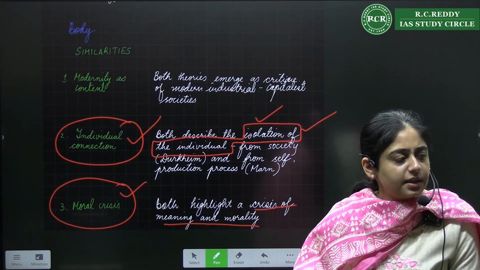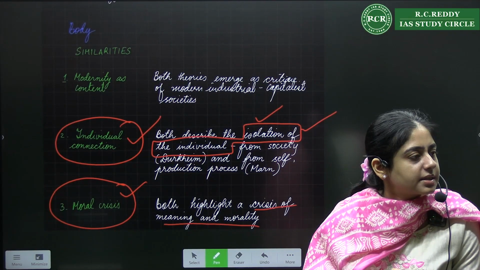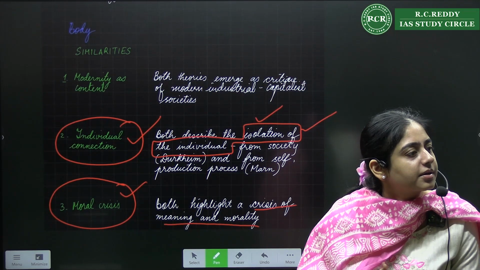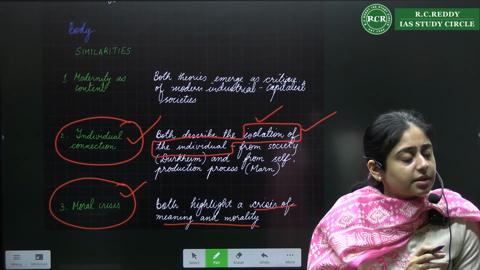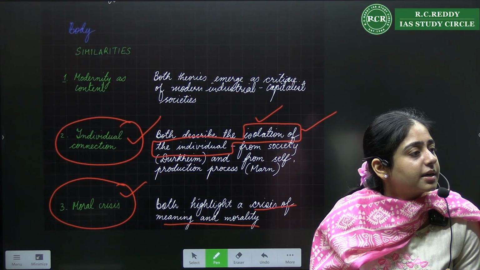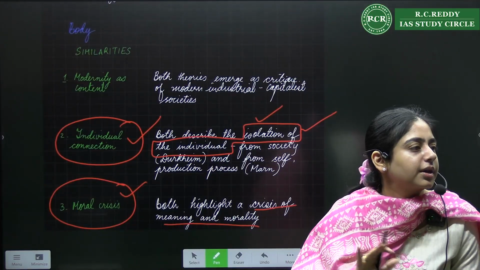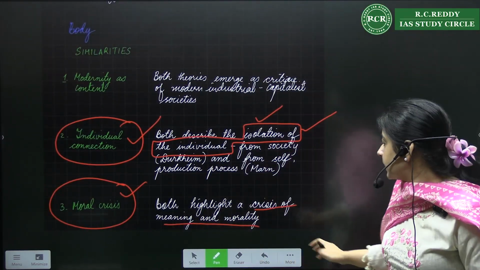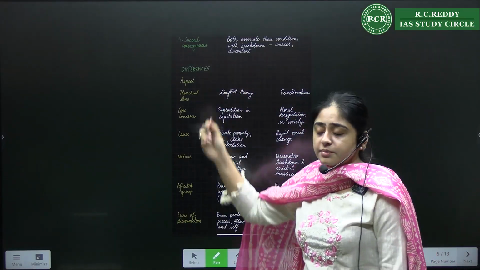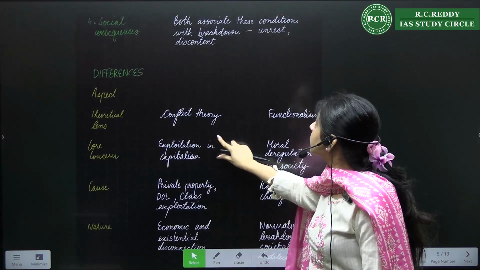When we're discussing the similarities, you just have to see the parameters are same. Because for Durkheim, it's not about solidarity, and for Marx, it's not about the solidarity or collective conscious. He doesn't use these words. So probably in differences you can write, right? So these are certain similar areas.